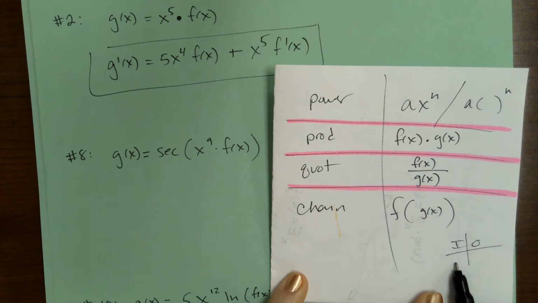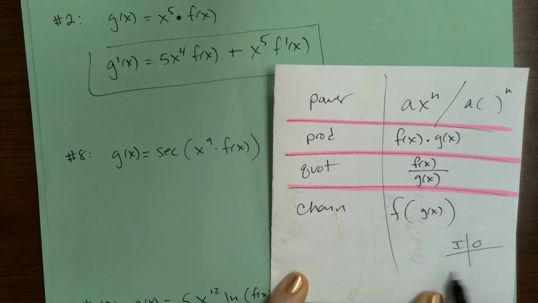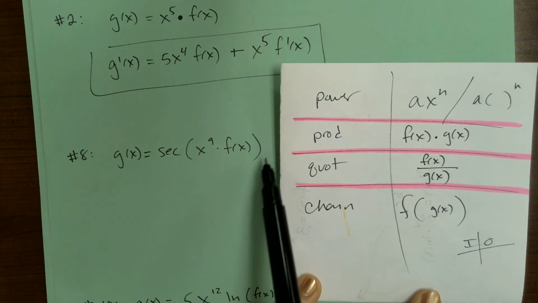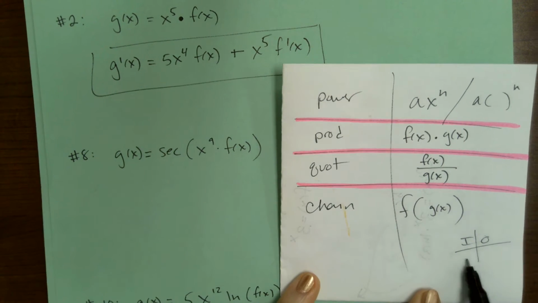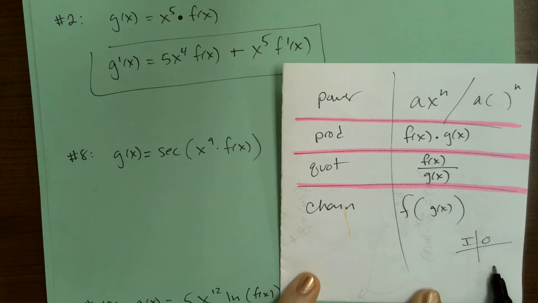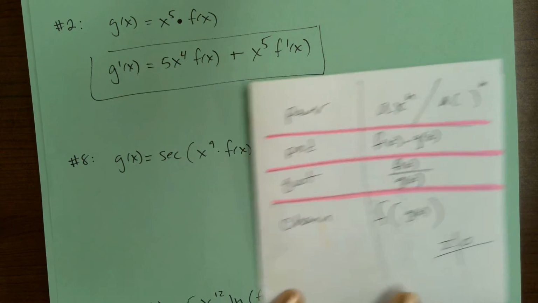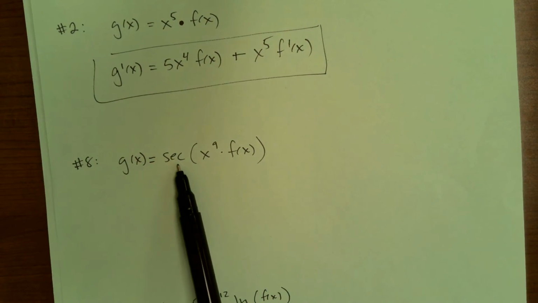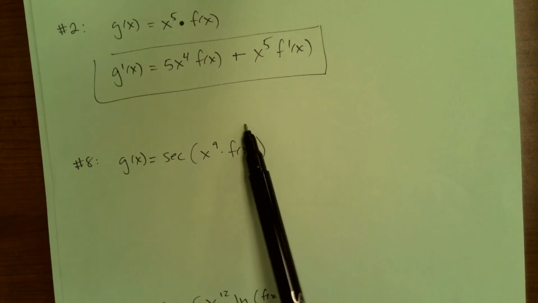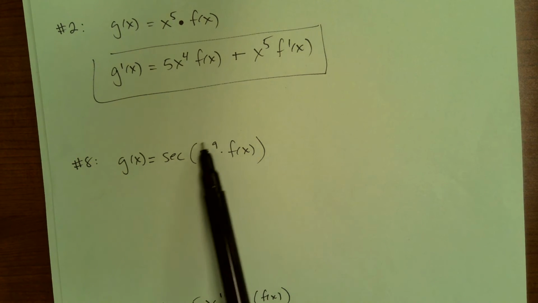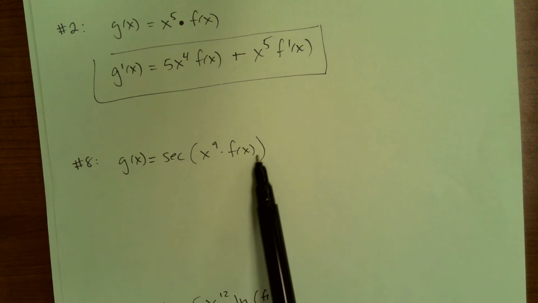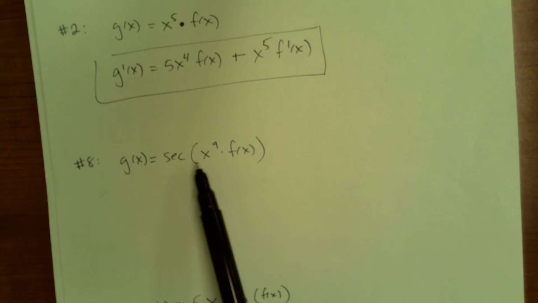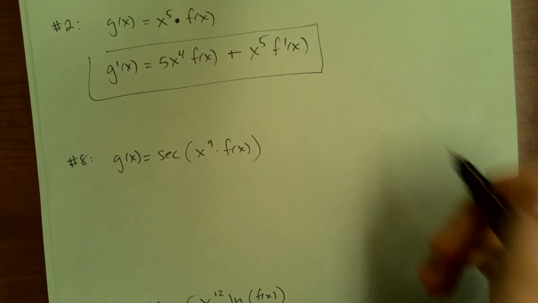So is there a function inside of another? And primarily, guys, this is a composition, a function inside of another, because we've got the secant as the outside function, and then the input of the secant is this other function, x to the 9th times f of x. So we're going to be using